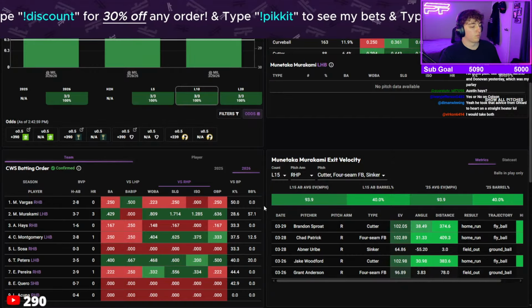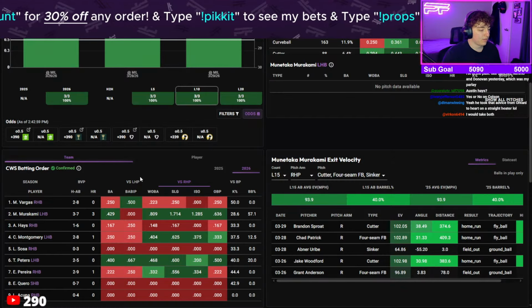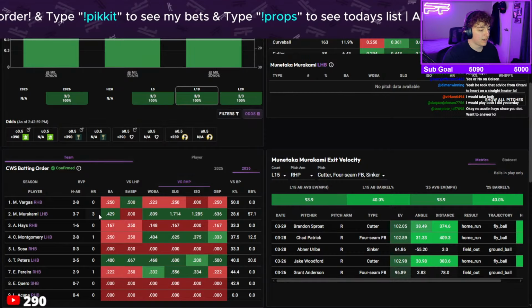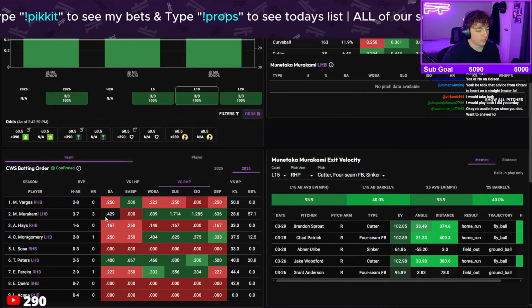There's not enough real data. But Murakami, when he faces lefties, he's 0 of 2. He struck out both times. But against righties, 3 for 7, 3 homers. I mean,